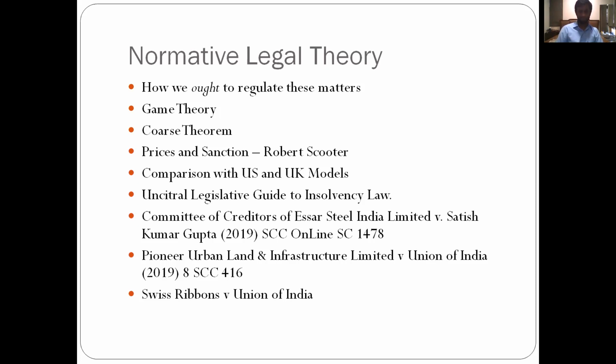The Coase theorem is given by Ronald Coase, where he speaks about transactional costs. So you see, IBC is nothing but a transactional cost between bargaining parties. You have the committee of creditors on one side, you have the RA on the other side, and the whole transaction happens via the forum of NCLT. So questions of how you can incorporate those are also important questions. I'm not able to go into this in great detail, but I'm just leaving it out there for anyone who's more interested to read up on them.